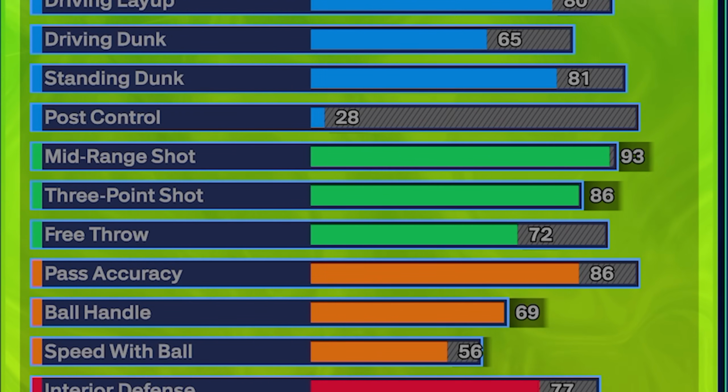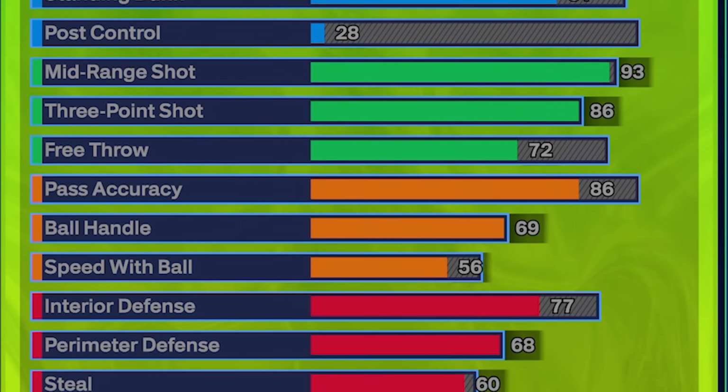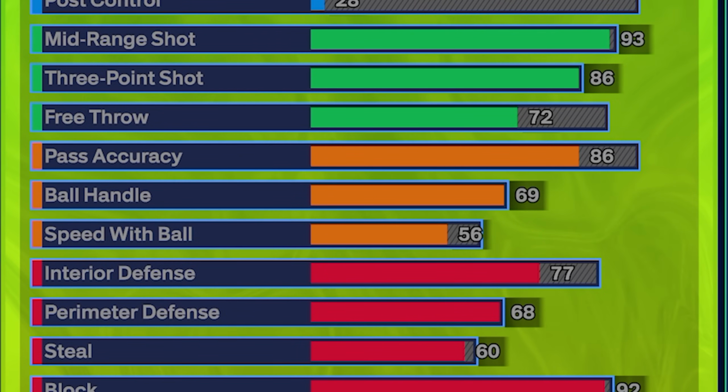an 86 3-point shot. So on this build, you're going to have the best shooting possible on a 7-foot build, which gets you badges like blinders, deadeye on gold, guard up on Hall of Fame, and catch and shoot on Hall of Fame. Now moving on down to the playmaking, you get an 86 pass accuracy on this build for